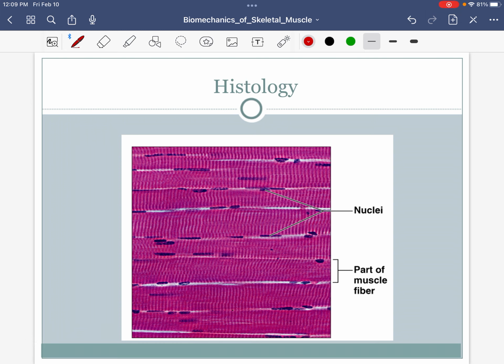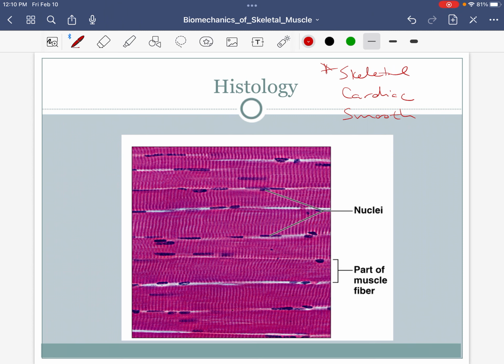There are 3 different types of muscle. There's skeletal muscle, there's cardiac muscle, and then there's smooth muscle. 3 types of muscle tissue in the body. Of course, we're going to be focusing most on skeletal. Skeletal muscle is the muscle attached to bone. When you think of a muscle, you're probably thinking of the skeletal muscle. Biceps brachii, triceps brachii, hamstrings, quads, trapezius, latissimus dorsi, rectus abdominis, and so forth.